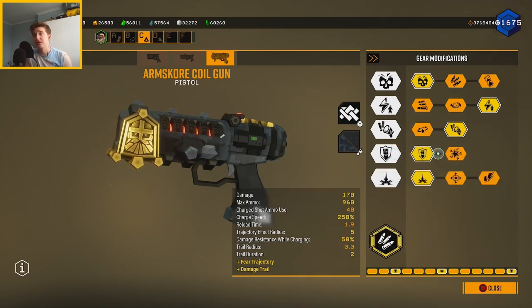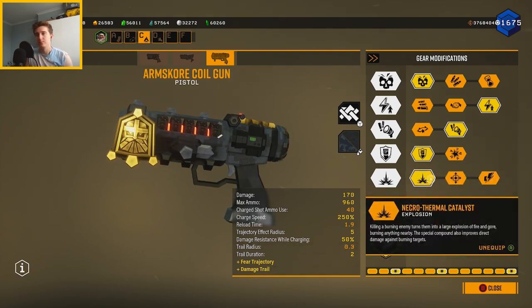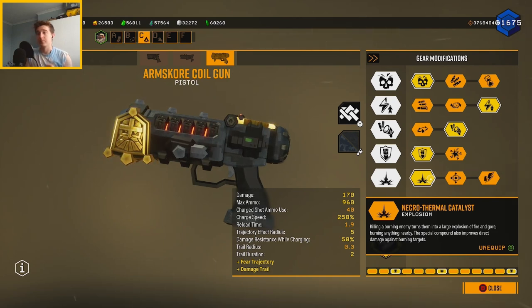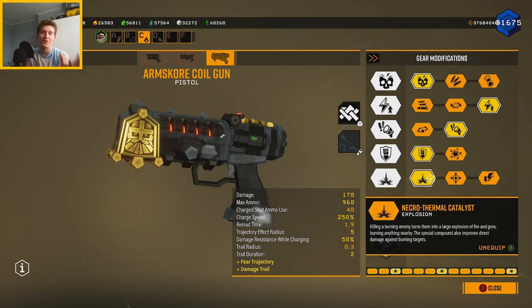I'll go either way here. Shockwave could actually potentially be okay. That's fine. Necrothermal Catalyst is obviously, you know, the main player here. It increases our damage against burning enemies, which is very important. Obviously, it also makes them explode when we kill them with direct damage, which is a very powerful effect and makes our actually relatively small hurricane ammo supply go...